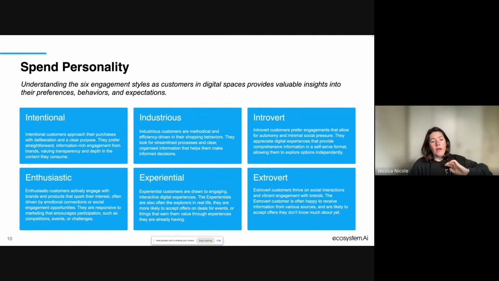And while I did talk about the explore-exploit earlier, knowing their personality also helps you to define the breadth in which you can experiment with these particular levers or mechanisms, right? So if we take this experiential gamification pairing, you can definitely explore a little bit up to industrious. You can potentially explore into the extrovert space, and you can definitely explore into the enthusiastic space. But you wouldn't explore with the introvert, and you wouldn't explore with the intentional, just based on the personality profiles that we see here.